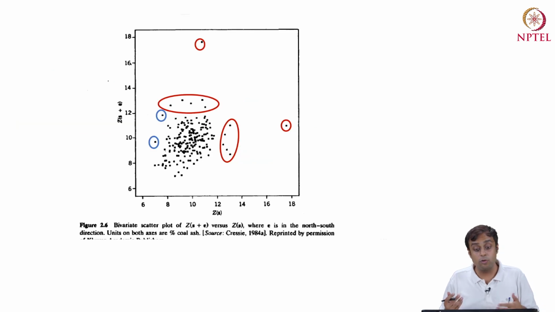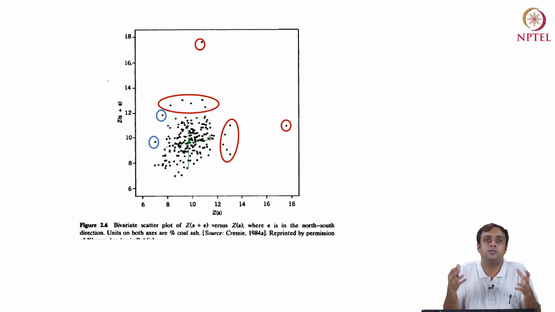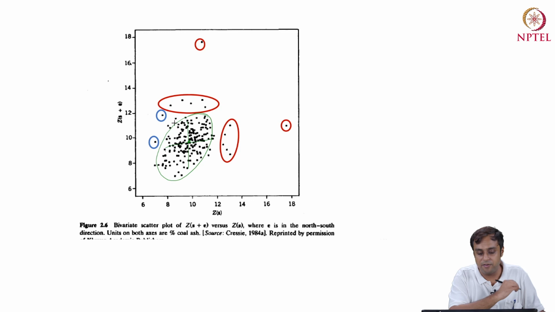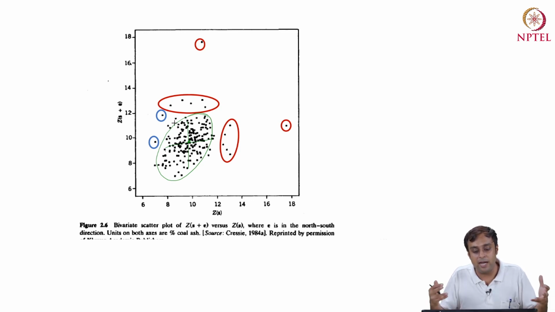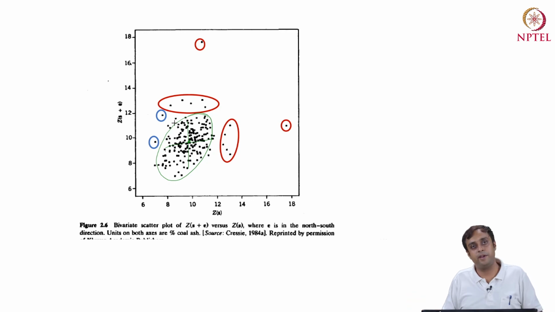We can also do this in the north-south direction, right? So in the north-south direction, again, I am seeing the same pattern. There is a high density in the middle, and as I move out in any direction, the density sort of starts to die out. So there is some Gaussian behavior going on in every direction from the core of this bivariate scatter plot. So I can sort of draw a peripheral boundary, but there are some points that seem to be sort of off of this peripheral boundary, right?